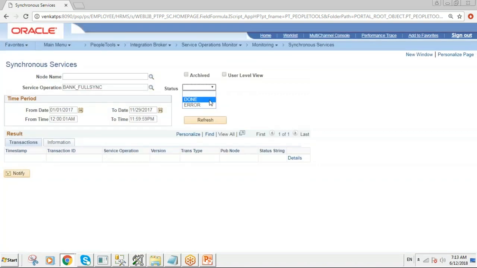Status, done or error. Only error status service operations I would like to see. Yes, error. Refresh, then it will list it for you. That means whenever you receive an error in the integration broker,